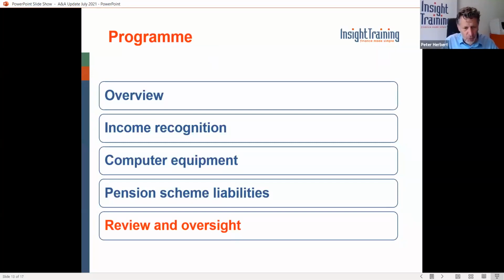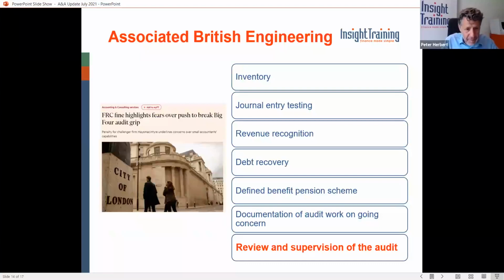Okay, and issue number 4 is review and oversight. Yeah, and again, you may have seen in the press the recent case of ABE, Associated British Engineering. This was a listed company audited by a challenger firm, and a really interesting case for those of us that get involved in slightly smaller audits. This company turned over 1 million, and the issues raised by the FRC in their review were very close to home, I think, for many of us in terms of the sort of things that we do see going wrong